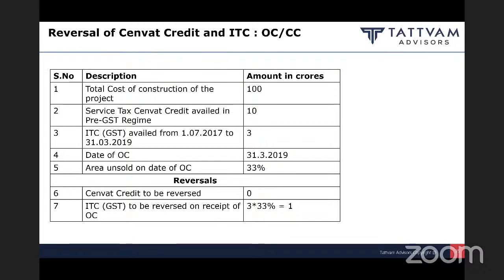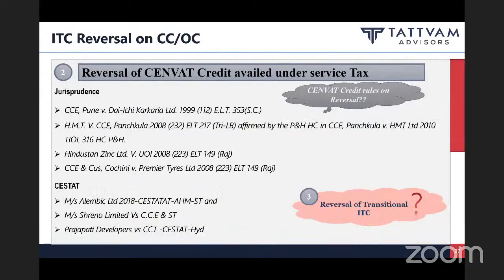The answer is no. You are not liable to reverse the credit of service tax which you have availed if the OC is received in the GST regime. This is because there was no similar provision for reversal in the service tax law. Service tax law was not drafted in this manner. And there are various tribunal and high court judgments which have held that there is no reversal, because at the time of receipt of these services, your intention was to sell the entire units. Since your intention was to sell the entire units, there will be no reversal liability on you at the time of OC. There was no provision that if the area remains unsold, you have to reverse the credit,